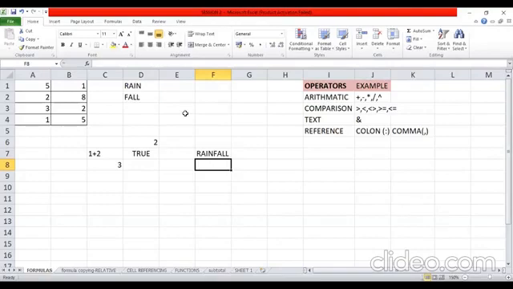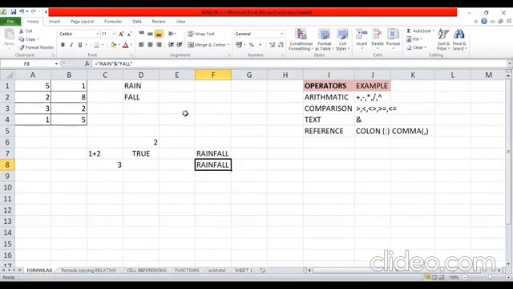For example, the same thing, let me just type it as rainfall. I will write rain within a pair of quotations, and then I will insert an ampersand, and again within a quotation, I will write fall, close the quotation mark, and now I will press enter.